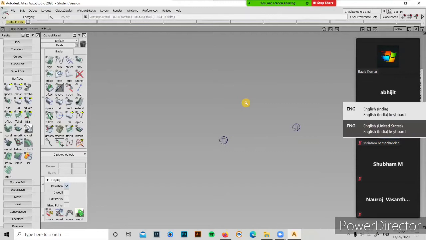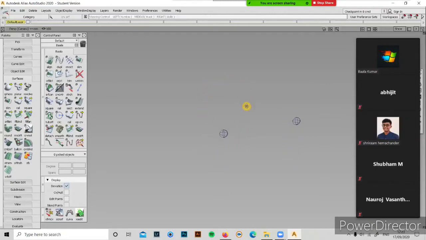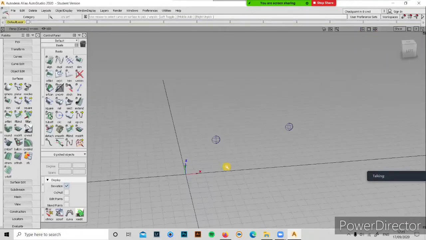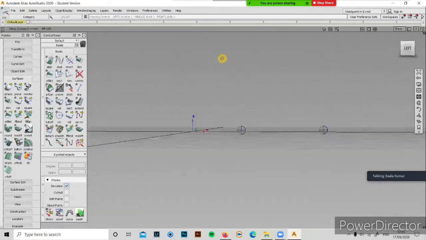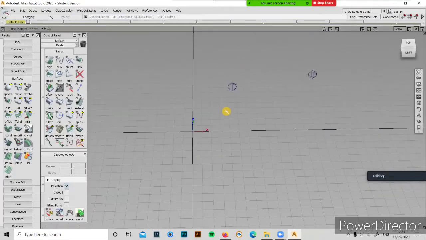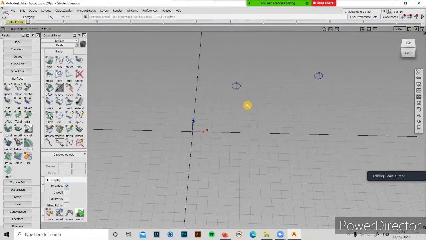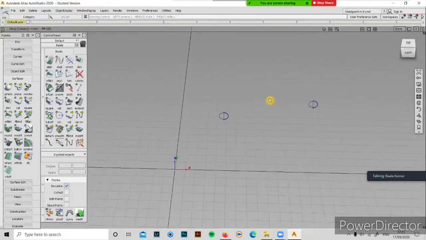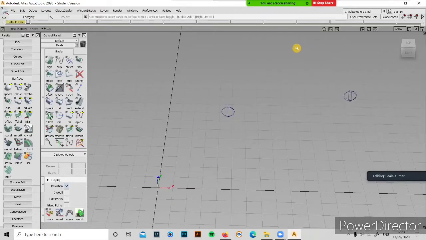Alt and Shift pressing the middle button, you'll be able to pan. Wait, I'll switch on the grids for you. Okay, see, now I'm able to rotate. That's Alt Shift rotate. Alt Shift center button is pan. Alt Shift and right click is zoom in, zoom out.